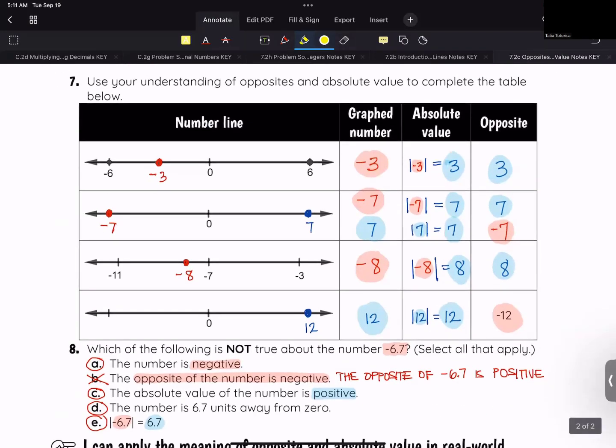Number 7 is we want to now think about opposites and absolute value to complete the table. So sometimes I'll give you the point on the number line, sometimes I'll give you the absolute value of that point, and sometimes I'll give you the opposite. You have to work with any of the given information to generate everything else. So if you look at number 7, the first one, we see this labeled point. So the graphed number